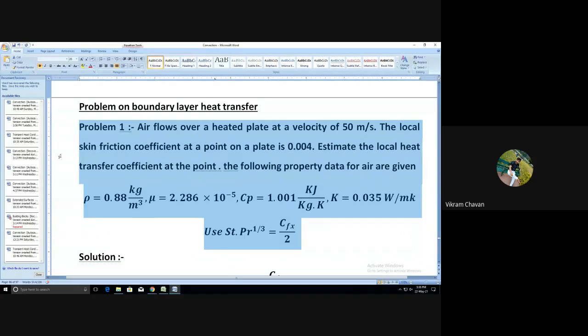The local skin friction coefficient at a point on a plate is 0.004. Estimate